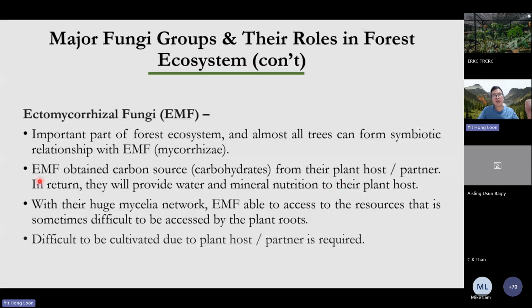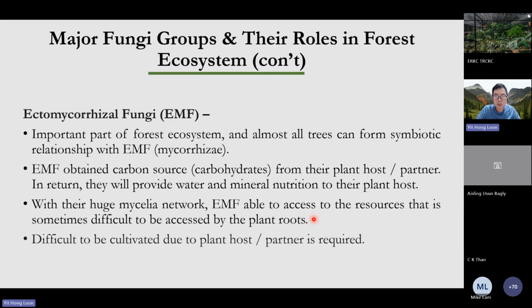to the fungi. Okay, so this kind of mushroom fungi, actually they have a huge mycelial network. So this mycelia is able to access resources that are sometimes difficult to be accessed by the plant roots. Because the mycelia can go deep into the soil underground, and then can cover a very huge land area. So they can also store a huge amount of water. That's why it's important to keep the plant